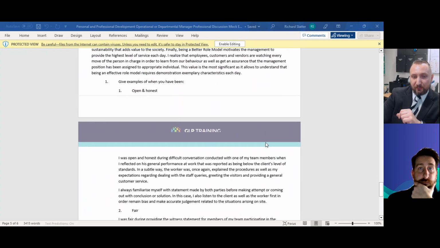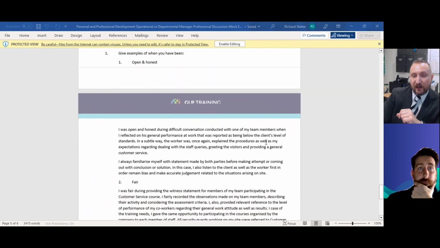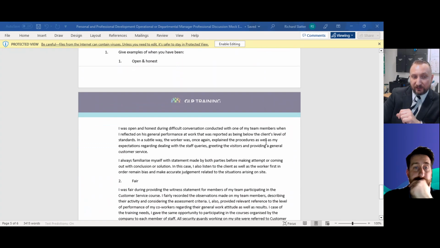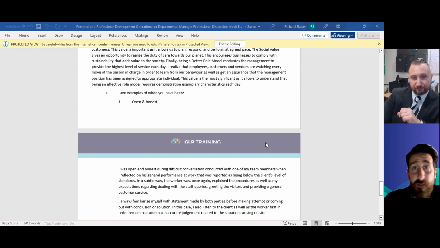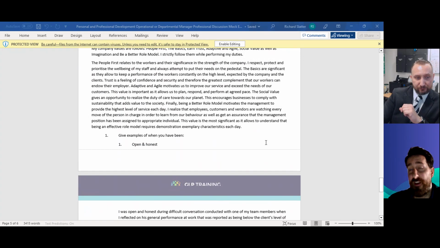This value is the most significant as it allows us to understand that being an effective role model requires demonstrating exemplary characteristics each day. Yeah, absolutely right, Daniel. So again, we emphasize the fact that you're taking a really well-rounded approach to gathering feedback and